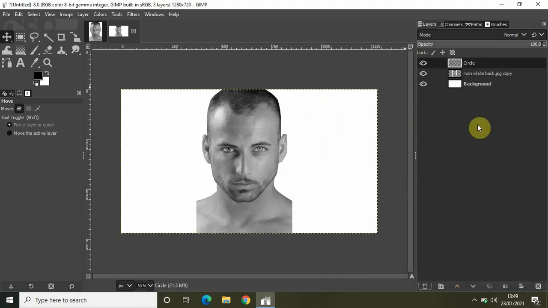Now what you need to do is use the ellipse select tool to create an ellipse selection.